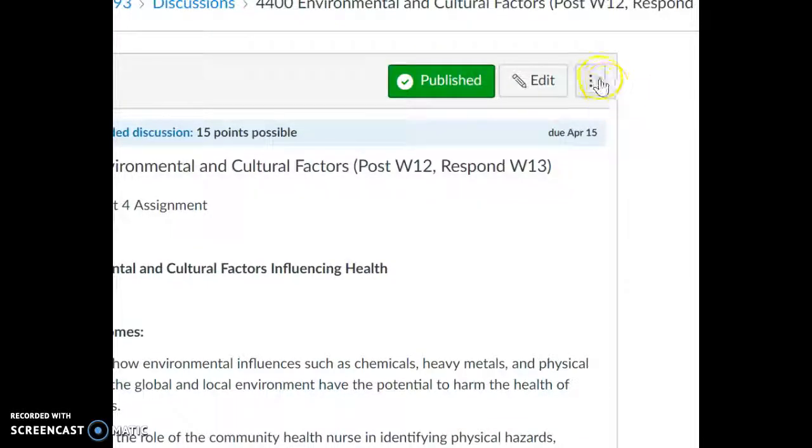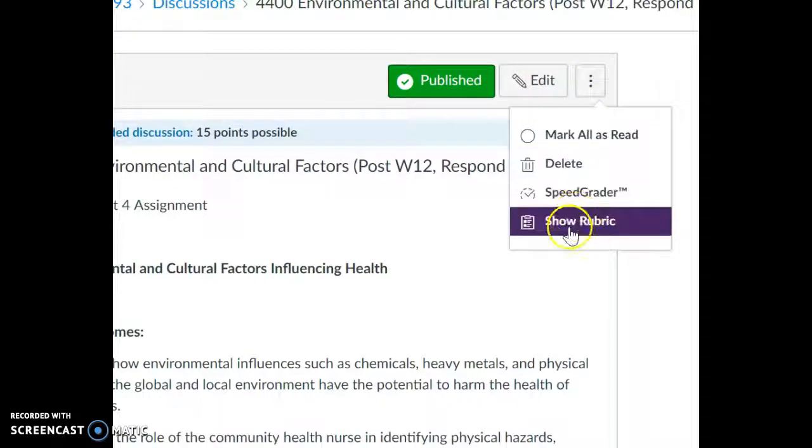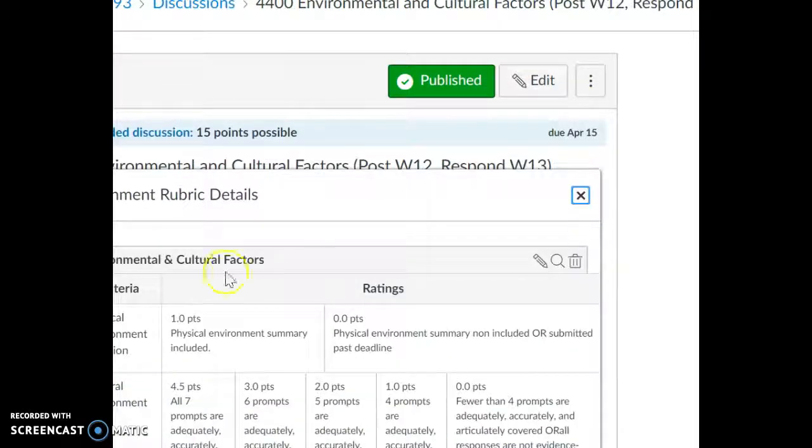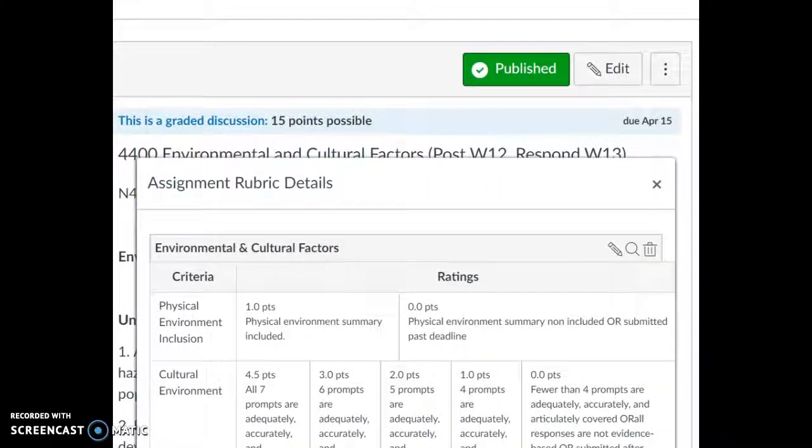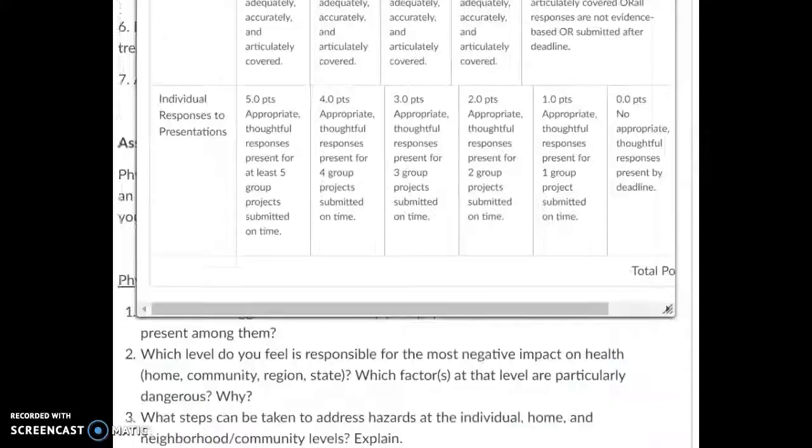It works a little different on the discussion post from like the regular assignment, as far as where the rubric is and how to make sure it's updated. But yeah, so there is the Environmental and Cultural Factors rubric in place. So that's all you have to do, and it'll pull it down from the template for you and should be